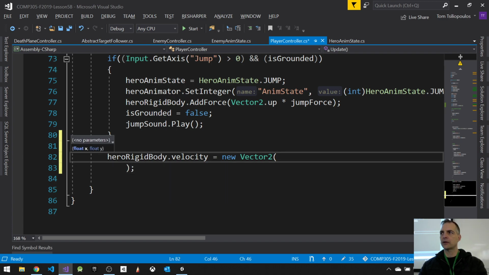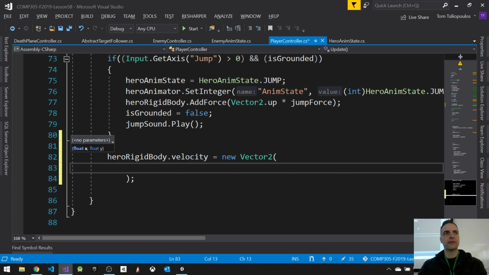The first part is going to be clamped to have a range. So I want to have a range on the x-axis, a positive maximum velocity and a negative maximum velocity. Why? Because I want to be able to travel both ways, right? Same thing with the y-axis. I want to go up and down. So it's going to be maximums on the positive and negative, right? So I want to say that we can use the math function, Mathf